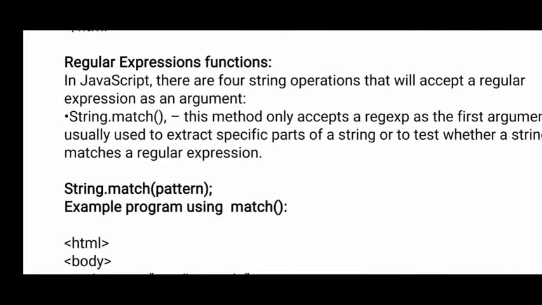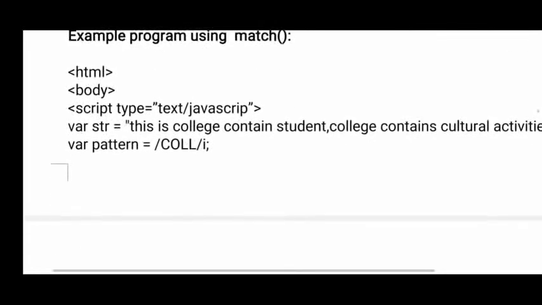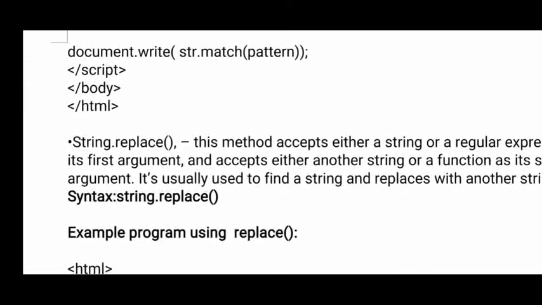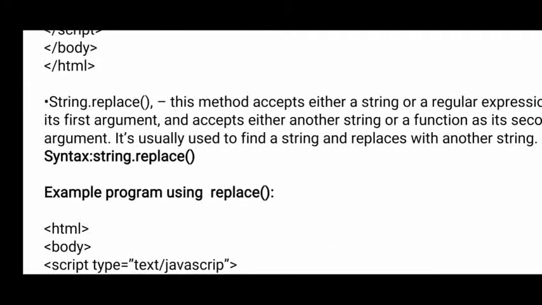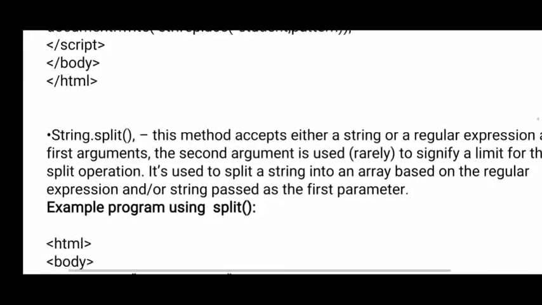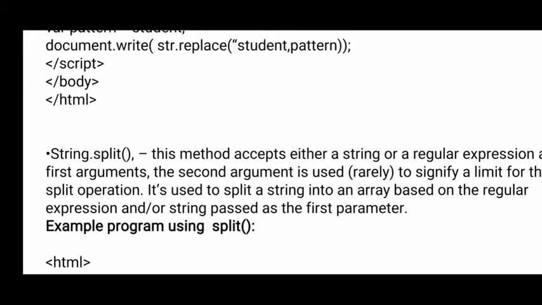Now it is an object, as already said. If it is an object, you have properties and methods. So what methods do you have in a regular expression? That is match. Match is used to find a pattern in the given string. In the previous example program I have explained that. See here the str.match function, so the pattern is searched in the string. Now string.replace is used to replace one string with another string. These will all come under the string functions.